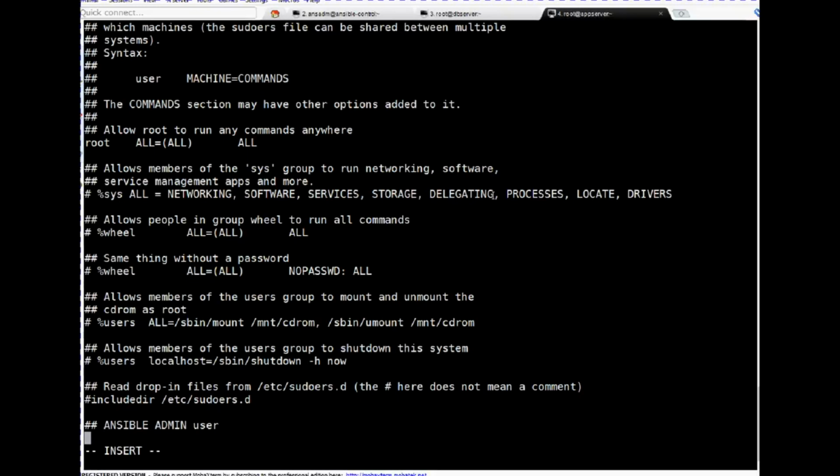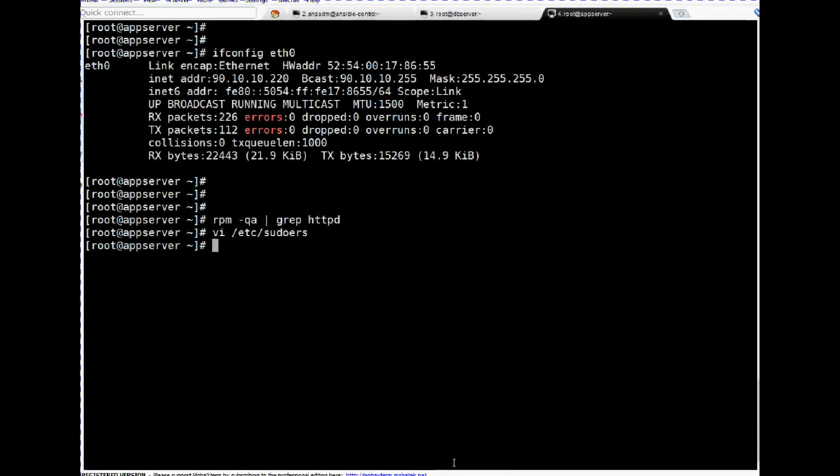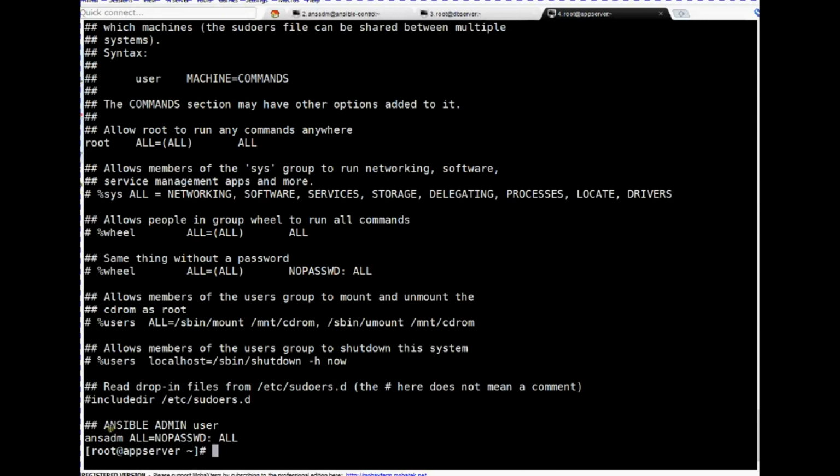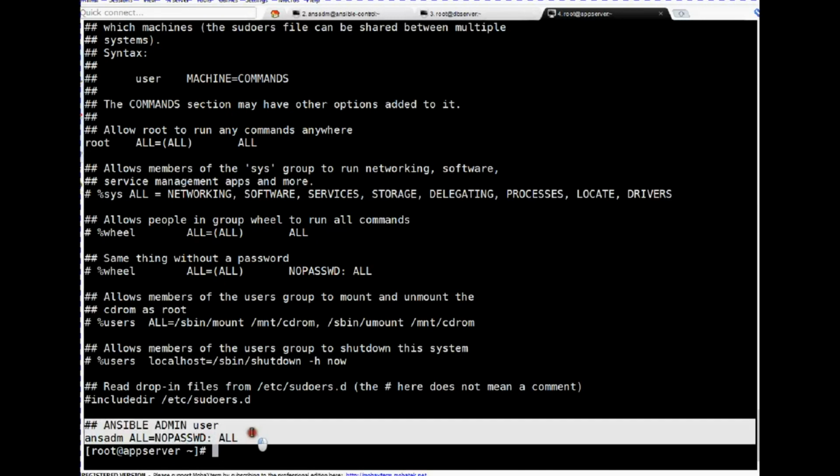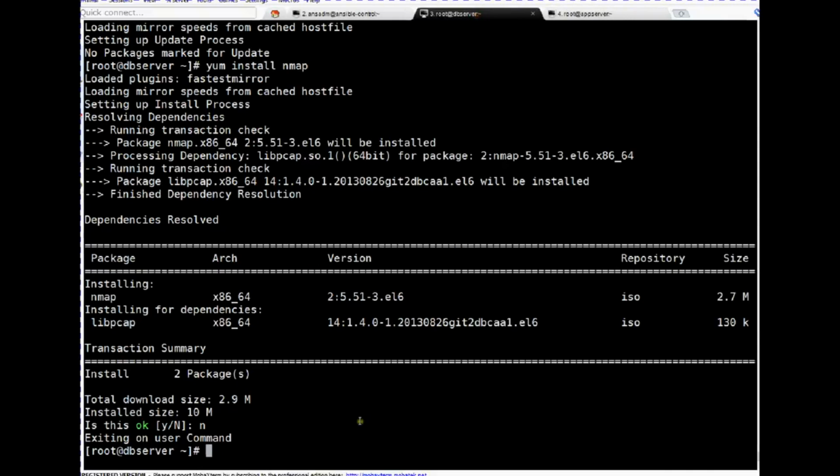Okay, Ansible admin user. Here I am adding a rule for the NCDM user: NCDM all, no password all. Let me add the same rule on my DB server also, because if you want to run any command as root, you have to use